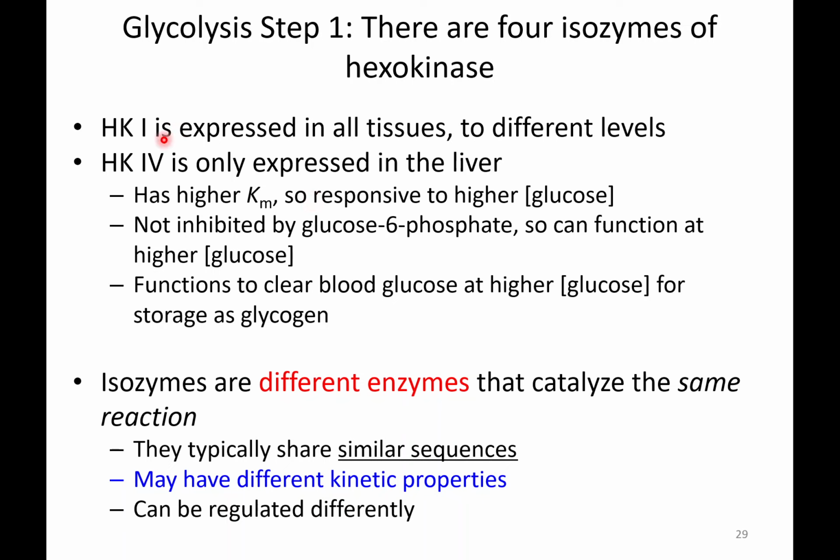So typically hexokinase you would think of not wanting to operate at those high glucose concentrations, but in the liver, you want the liver to be able to act on higher blood glucose concentrations, to be able to get that glucose out of the blood into the liver cells where it can be converted into glycogen. And so that's why hexokinase 4 has these kinetic properties that allow it to work at a higher glucose